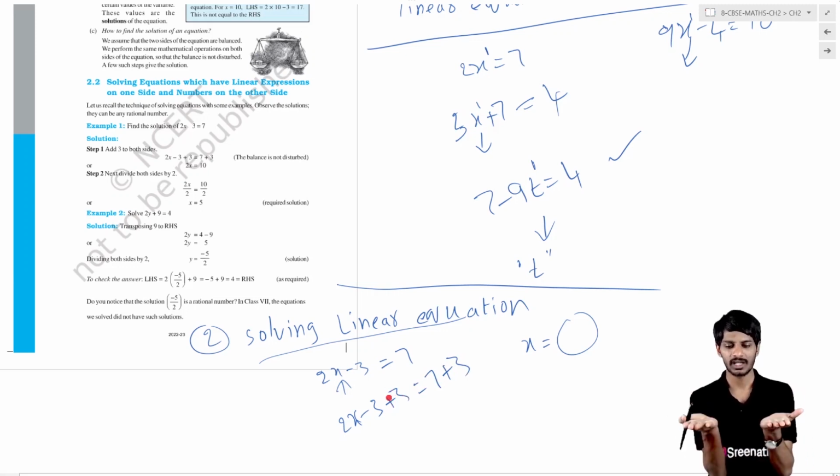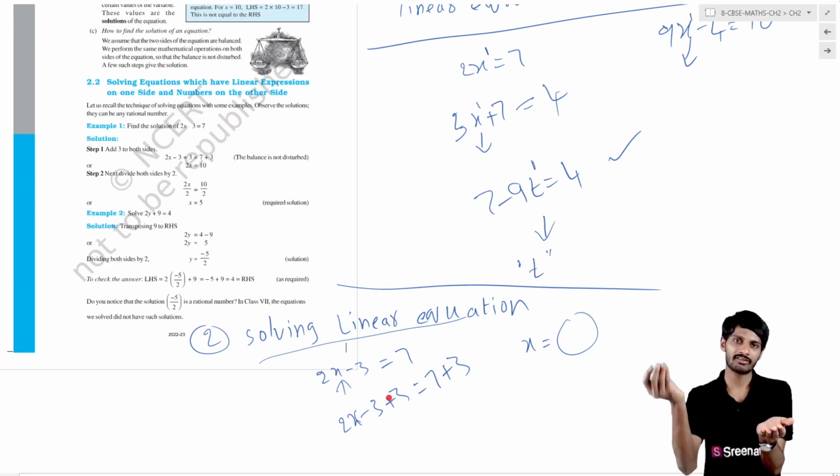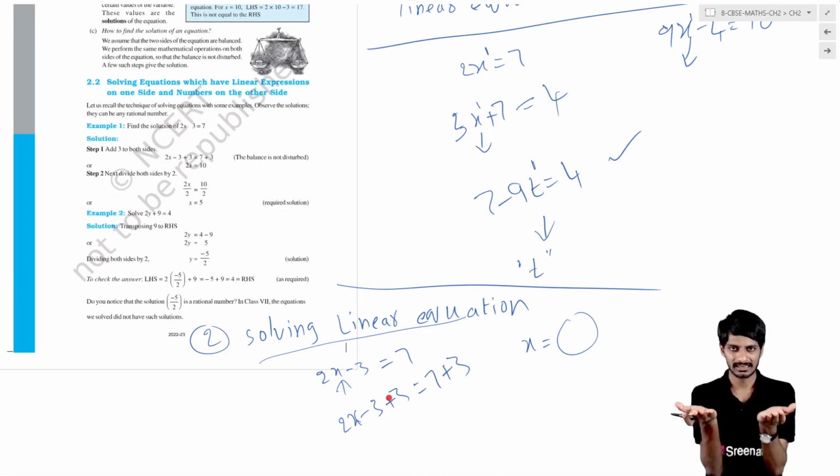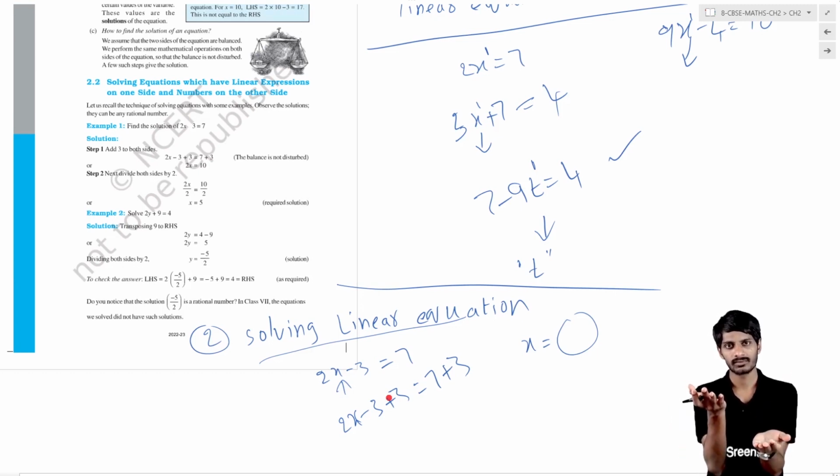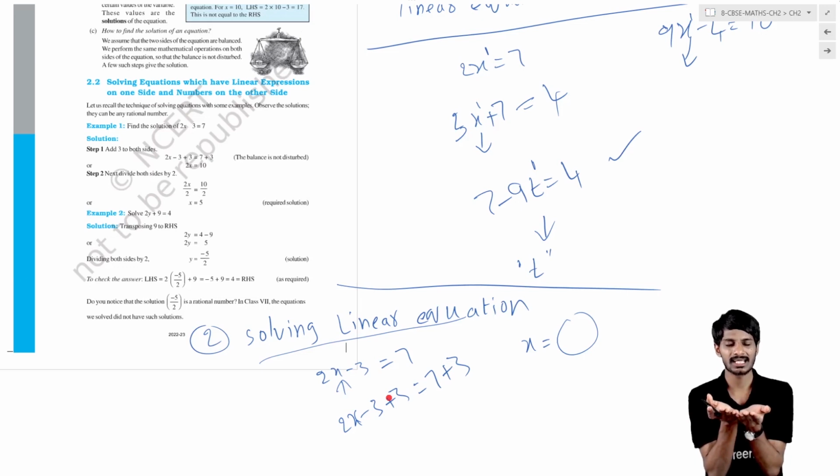Why, sir? Suppose you see a balance, like a balance in a grocery shop. Now suppose you take a 1 kg stone and put it on this side, and you take another 1 kg stone and put it on the other side. What happens? Will the balance go up and down, or will the balance stay at the same position, that is, come to equilibrium? The answer is the balance will come to equilibrium.